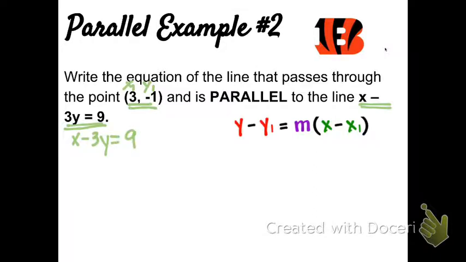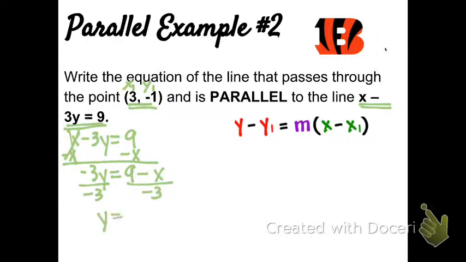So I'm going to move things away from the y. I'm going to move this x first by subtracting x, because x minus x is 0. And then I'm going to divide by -3 to move that multiplying by -3. Because this is 9 divided by -3, and this is -1x divided by -3. Now a negative divided by a negative is a positive, and then I just have 1 divided by 3, 1/3